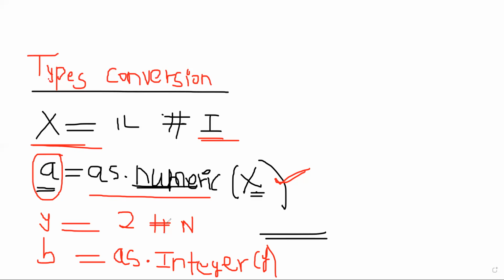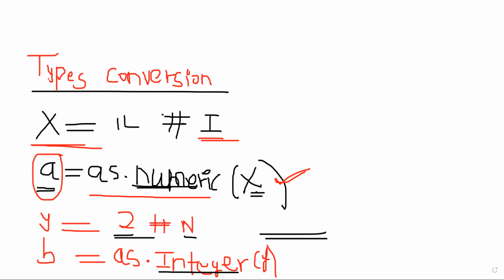So what this as.integer command will do is take the value which is stored in y, that is 2, and change the data type of 2 into the mentioned data type. So basically it's numeric, but now it will change into integer. I'll show you how to do it in R.